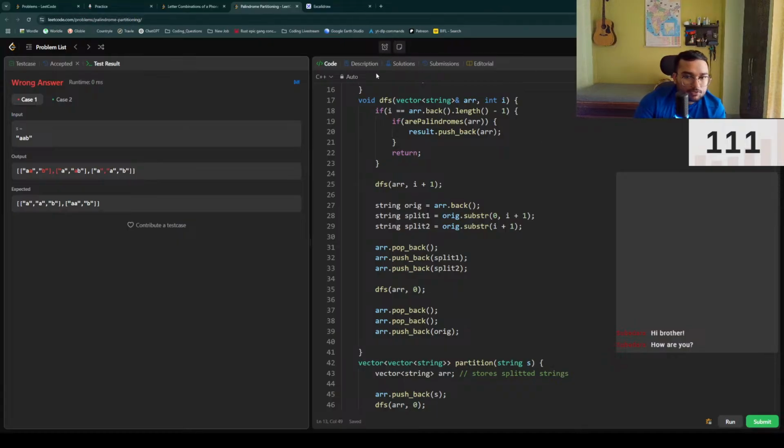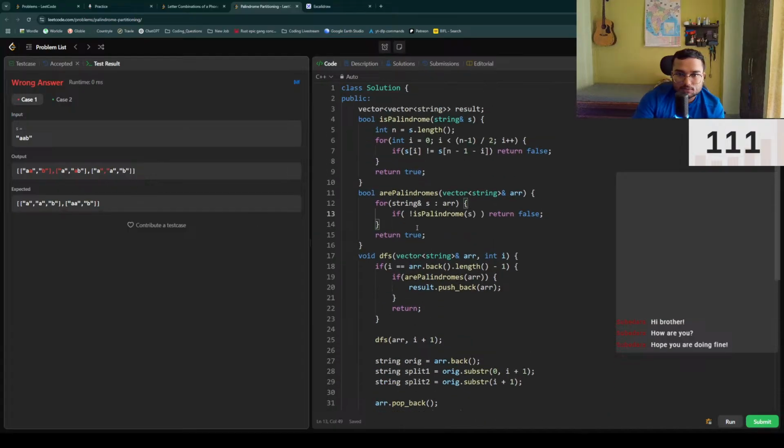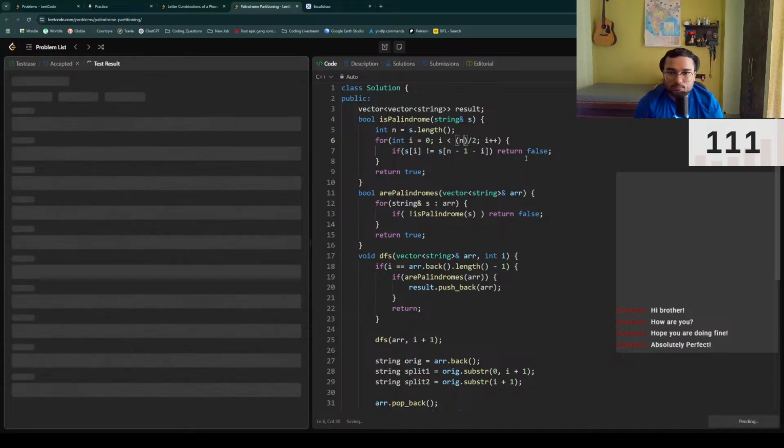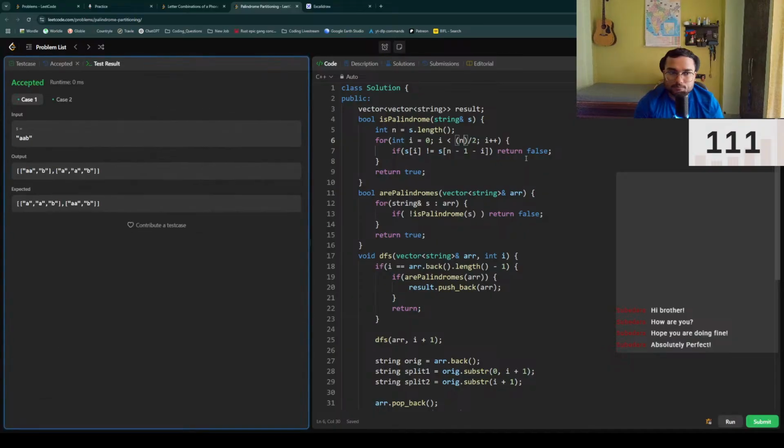Okay, so something wrong happened. AAB is correct, AAB is incorrect. Why is this getting... isPalindrome, n minus 1 minus i. No, this is correct, right? n minus 1 by 2, or just n by 2. Yeah,